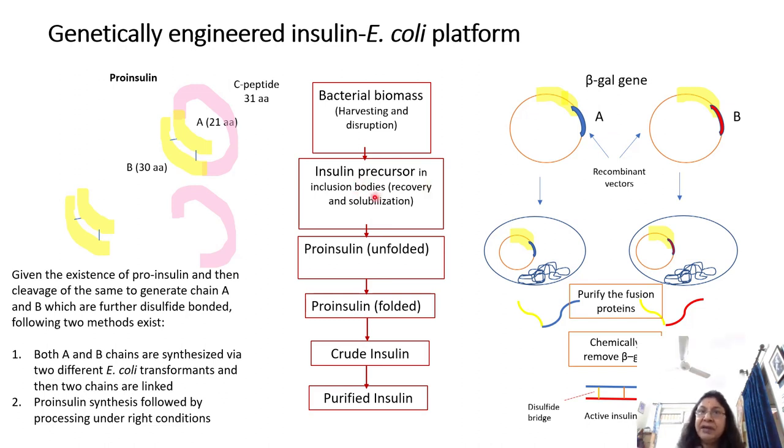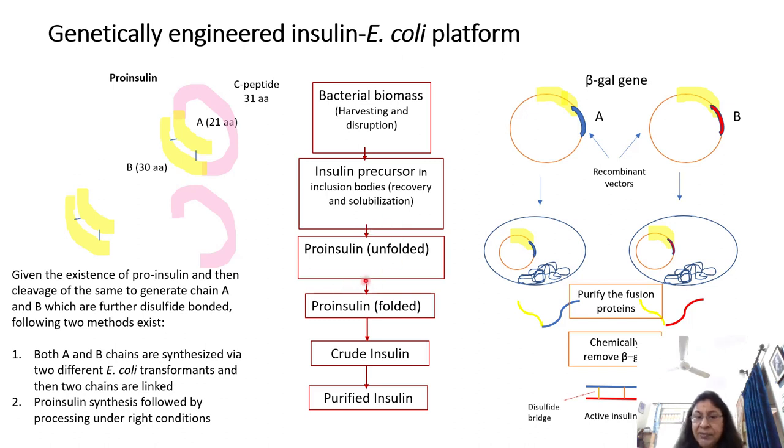There are methods available by means of which these inclusion bodies can be separated out from the cell cytoplasm, and then they can be solubilized. Again, because inclusion bodies are nothing but aggregates of proteins, which could also have some other cellular debris like RNA or DNA or some other kind of proteins with them. So these are small aggregates, and you recover these inclusion bodies, and now you solubilize them by using a denaturant like guanidine hydrochloride or any other kind of detergent. So this proinsulin is now going to be available to you in the soluble form.